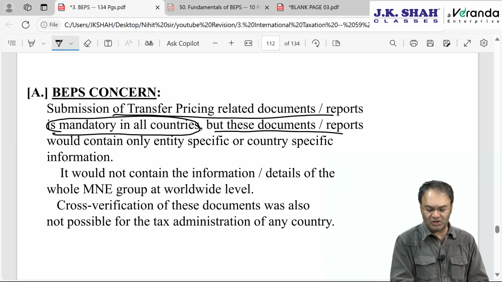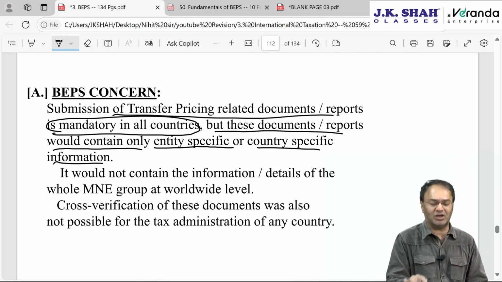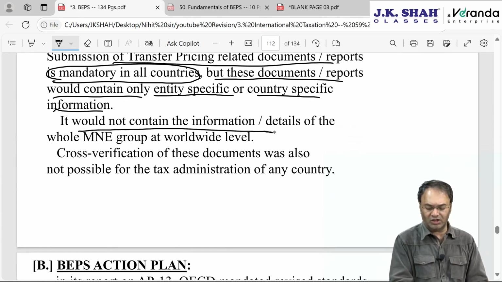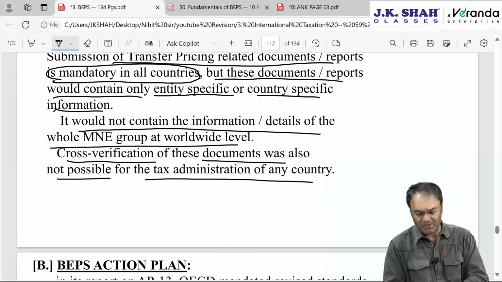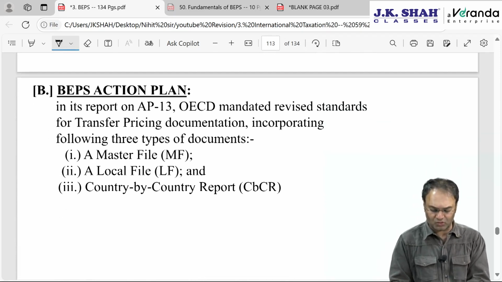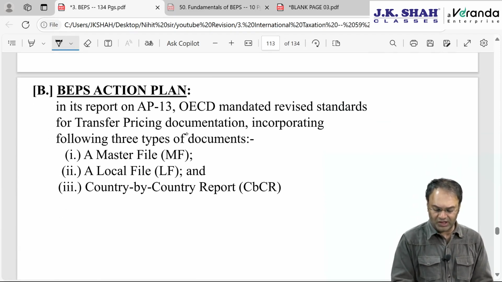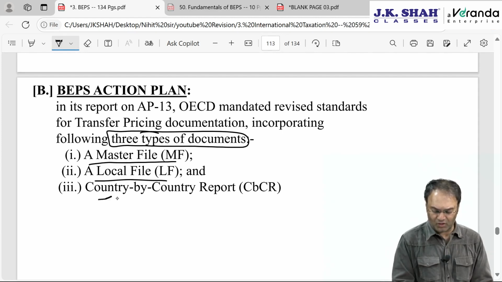But these documents would contain only entity specific or country specific information, limited information, and would not contain details of the whole MNE group at worldwide level. Cross verification of these documents was not possible by tax administrators of any country. So OECD recommended 3 types of document, a 3-tier document: master file, local file, country by